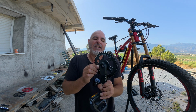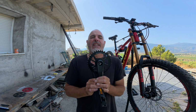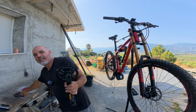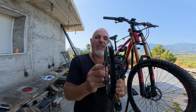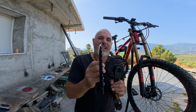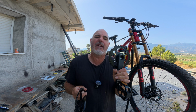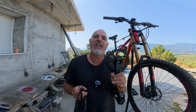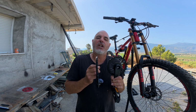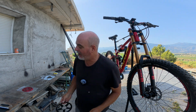But unfortunately, this one's a flat one. We needed a dished one. The best I could get on a 36 tooth was like an 8mm dish, which is the same as the standard Bafang has. That's a 44 tooth, and that's got an 8mm dish on it. So that was a problem. That ruled the 36 out, because my main concern was I wanted more dish, more offset, to get the front chain line more in line with the centre cogs on the rear cassette. So in the end, it is a compromise, as most things in life,